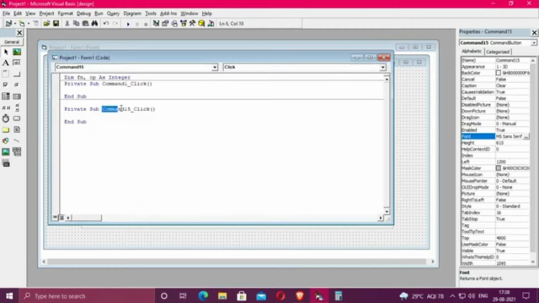Next I double clicked on the Clear command button. So here we will write the code. It's very simple. Clear means nothing, so Text1.Text equals quotation marks, and I'll leave some space because there will be nothing there in Clear. So I left a space between the quotes.